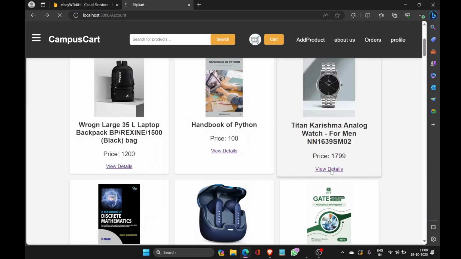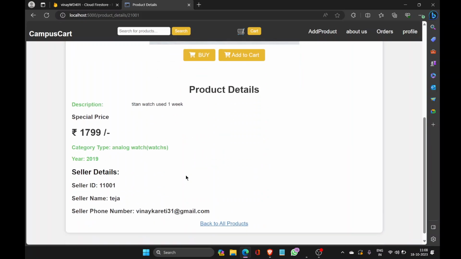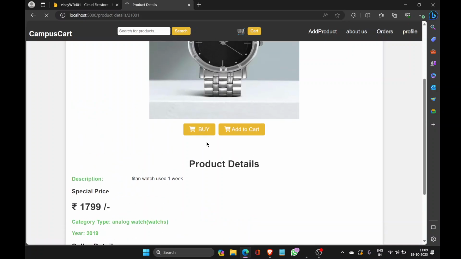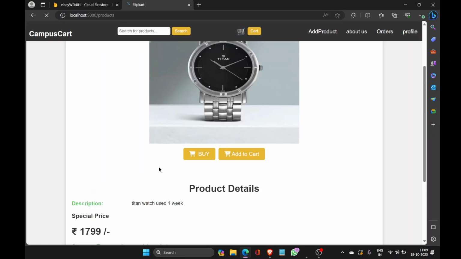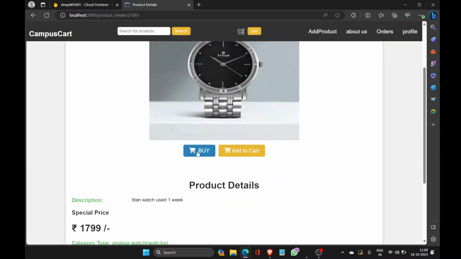If you want to buy a watch, you can go to view details. Here we can see the full details of the watch: the price, the category, the seller ID, the seller name, the seller mail, etc. And if you want to buy this, I'm sorry for the inconvenience, I want to buy this item, and just click on buy item. When we click on buy item,